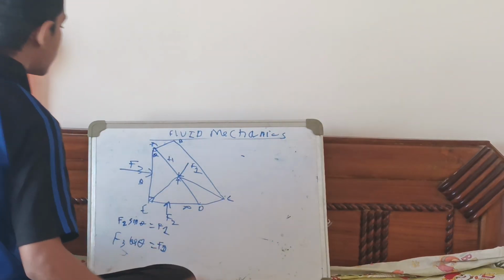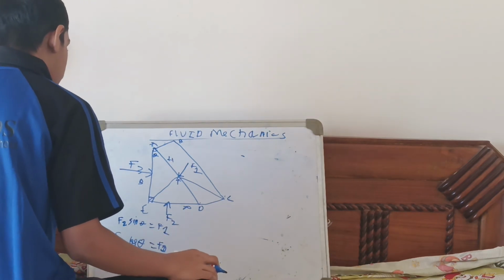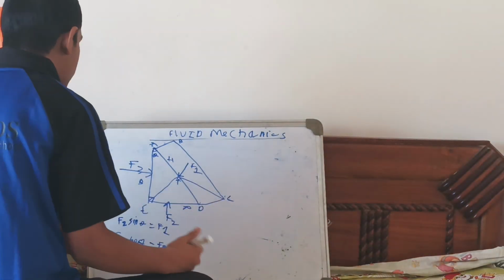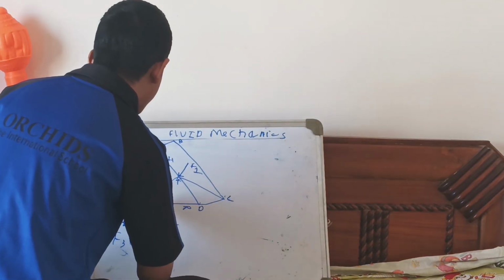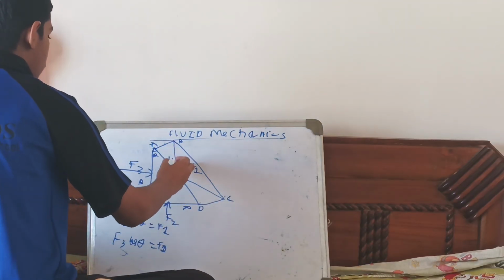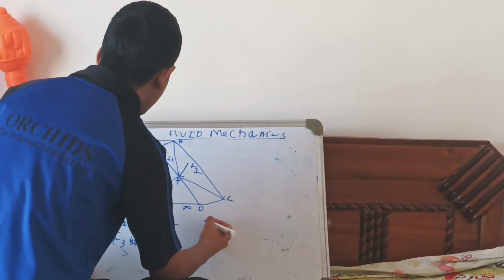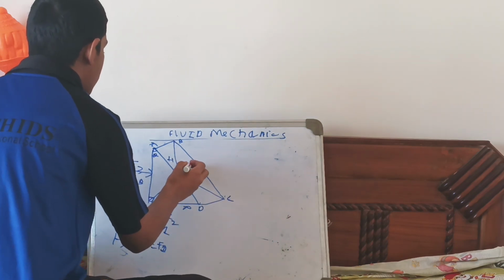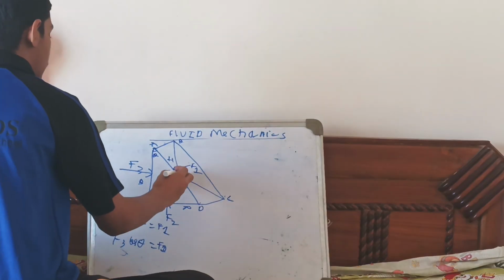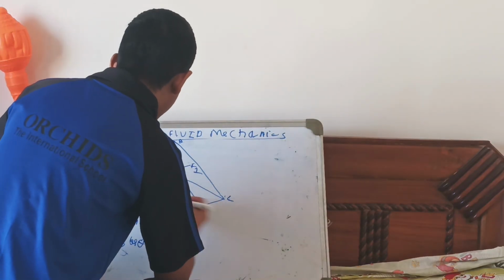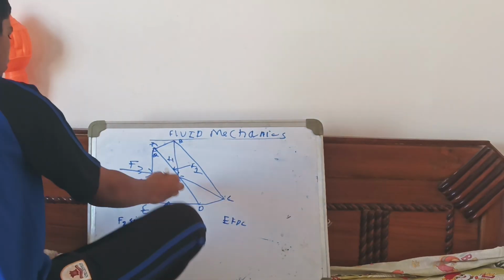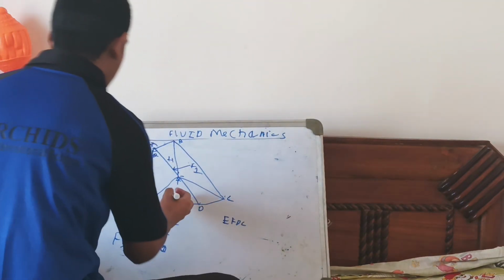Now this is a prism, so I can also write that EFCD is the area of this one,